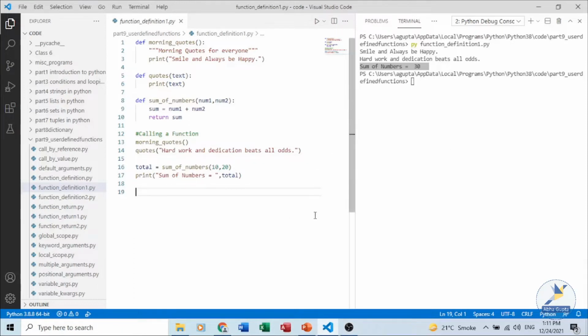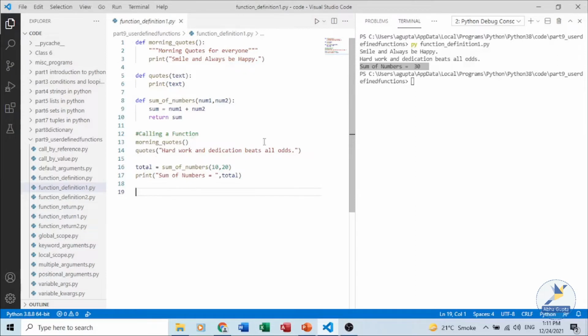When we use a function in a program, there is a flow of execution which is being followed. That control is passed from one part of the program to the other part. For example, these are all the definitions. Before calling the function, the function definition has been done. From this point, line number 2, the program starts executing.